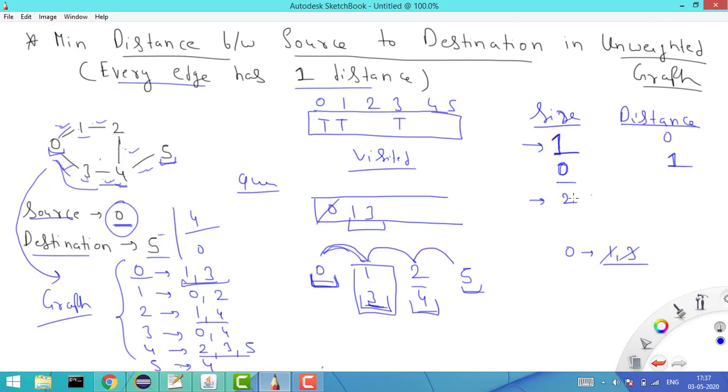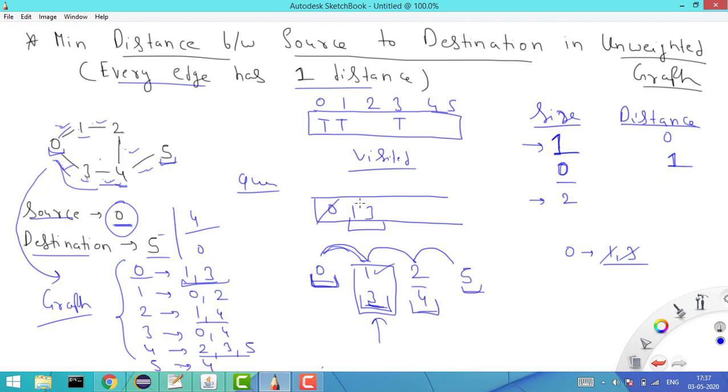So this is why we are taking the size, and whenever we are done with each element we are decreasing the size, and as soon as my size is 0, it means I have done for all the elements in the neighborhood of this one. So then I'm increasing the distance, right? So now do one by one.